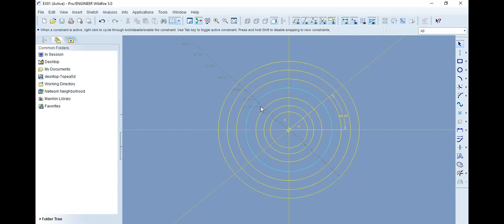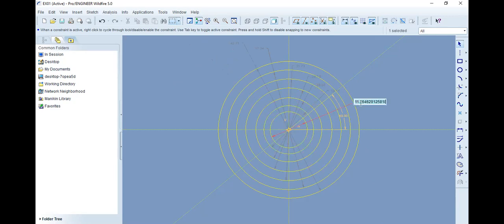All the dimensions are placed at the same place, same line. So we can move the dimension. Just click on the dimension, left click and move it. You can rotate it so that you will know which dimension is for which circle. So how to select? Just left click on the dimension and move the mouse. Right? So now we know the dimensions. We can see the dimension for different circles.